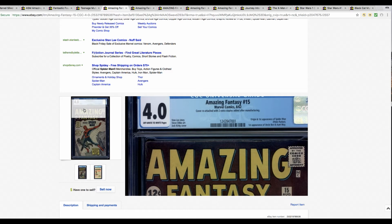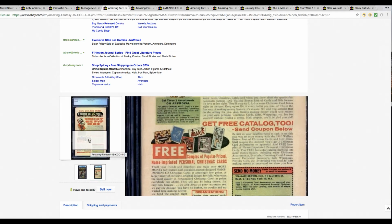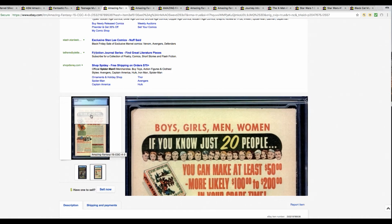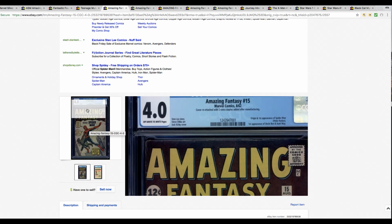Another CGC insanity, okay? Oh, it's a pretty book. I'm not going to dispute that it's a sharp looking book, but the cover is detached. I can only guess that CGC gave the grade of 4.0 to this book based on the fact that they're not giving credit for the staple reattaching the book. They basically treat this book as if the cover is completely detached, but it's a sharp book all around, so it gets a 4.0. Let me know what you think about my theory on why this book is a 4.0